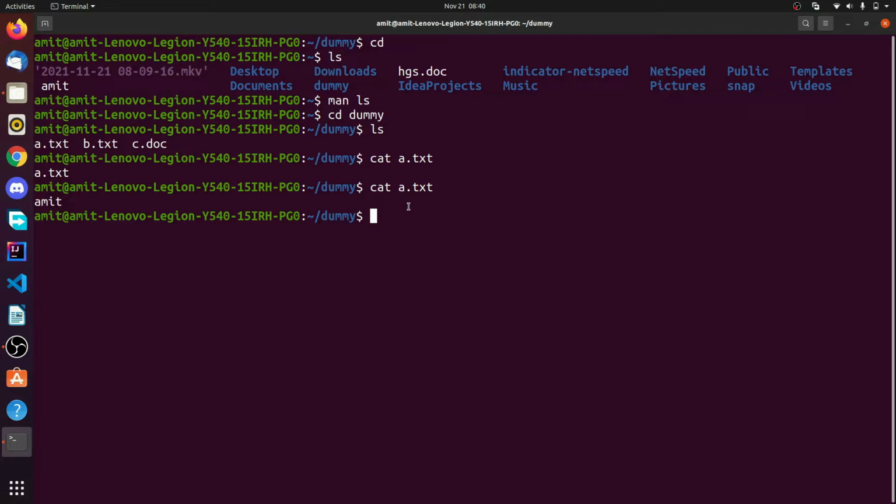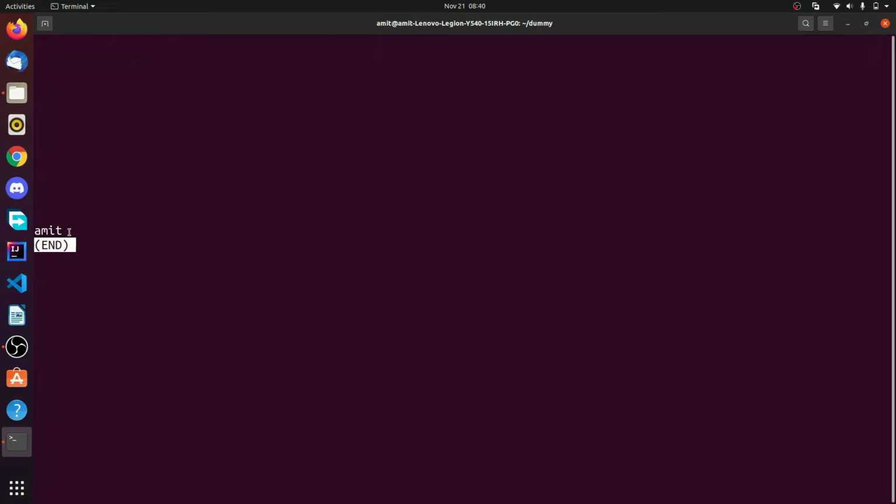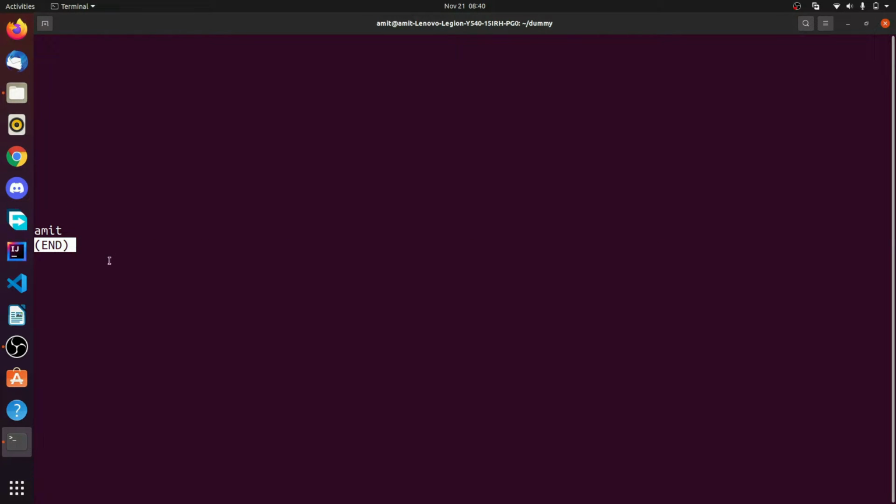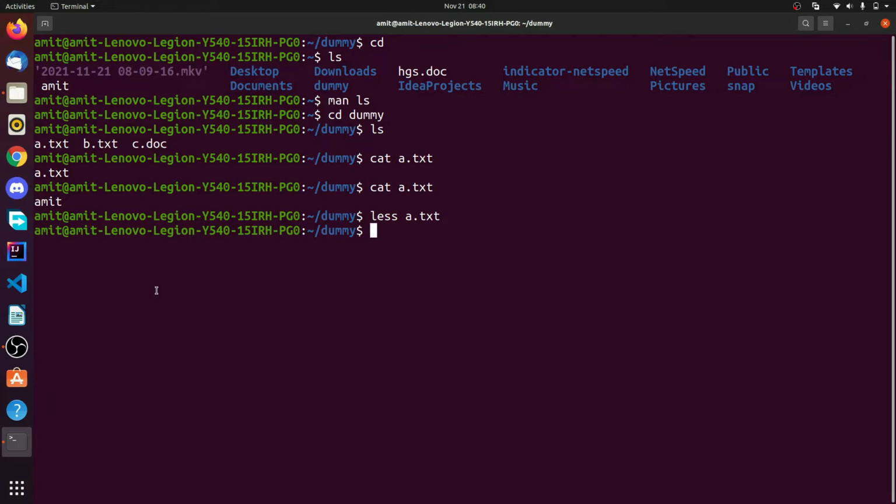If you are stuck or not getting it, a very simple way to remember is that the less and more commands are also used like the cat command. For example, less a.txt. You can see that the text has been written, that is Amit. The more command does the same, but the difference between more and less is that less will show output at the bottom and more will show it at the top. To exit this one, we just have to press the key. Now I'll also show you the more command. More a.txt. You can see that Amit has been written.